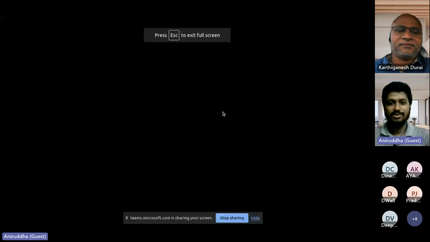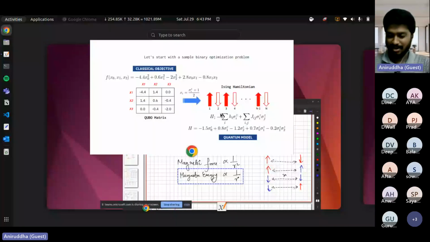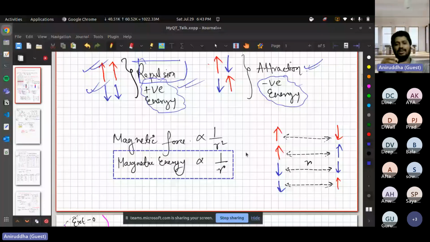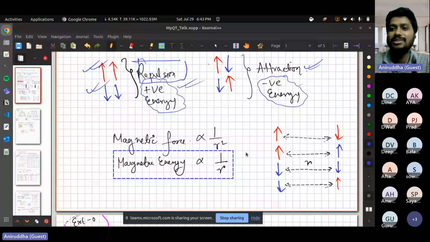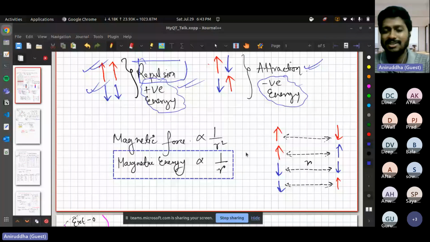Sorry for this interruption. Let me get back to my thing. So what I was talking about is, suppose we have a magnet. You can see that I'm having one here. This is a pen, and I have another pen. The concept is basically that you can think this pointed head is a north pole. If both are north poles, they will repel each other. If both are south poles facing each other, they also repel each other. But if they are north and south, they'll definitely attract each other, right?